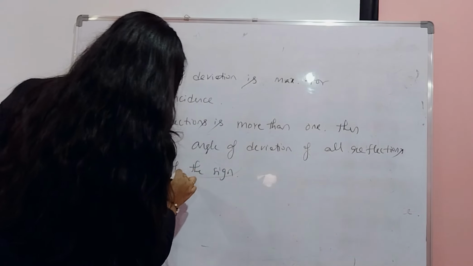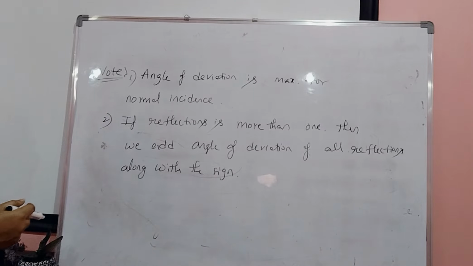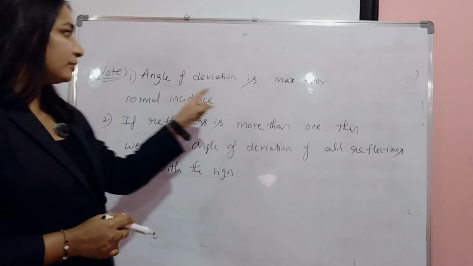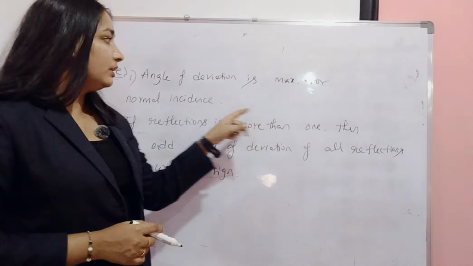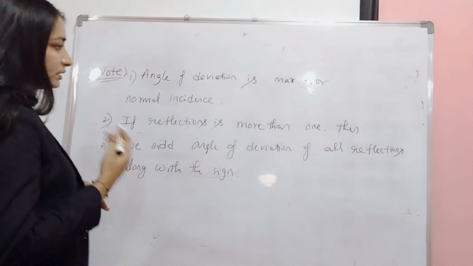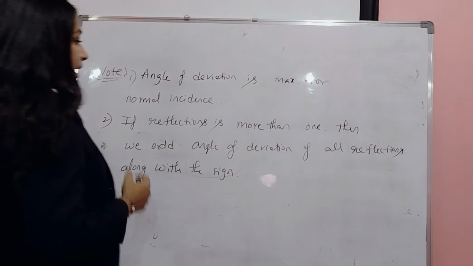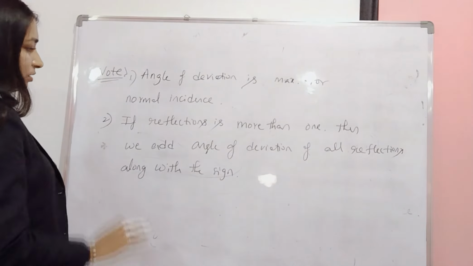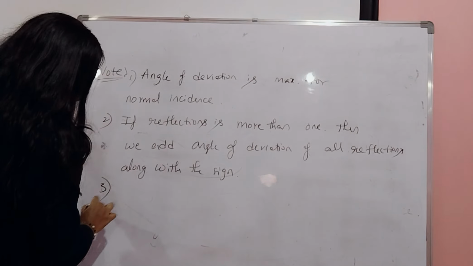Is it clear? See, these two are very, very important. Angle of deviation is maximum for normal incidence, and if reflections is more than one, then we add angle of deviation of all reflections along with the sign. And the third point is